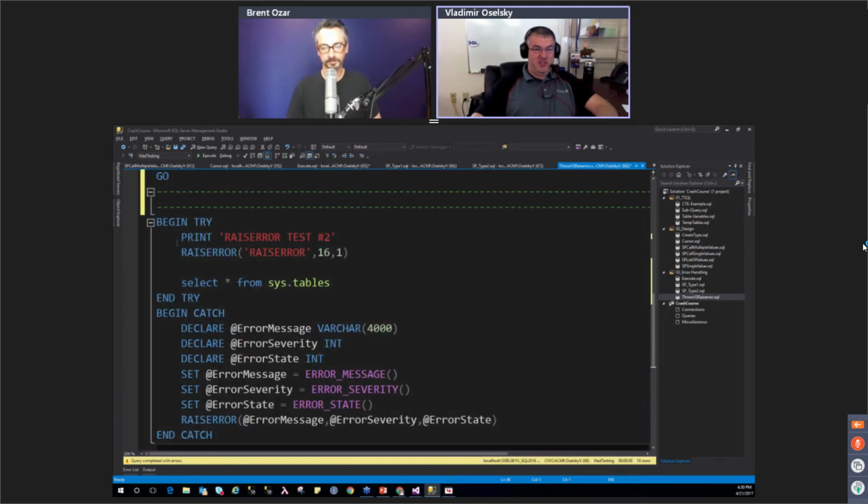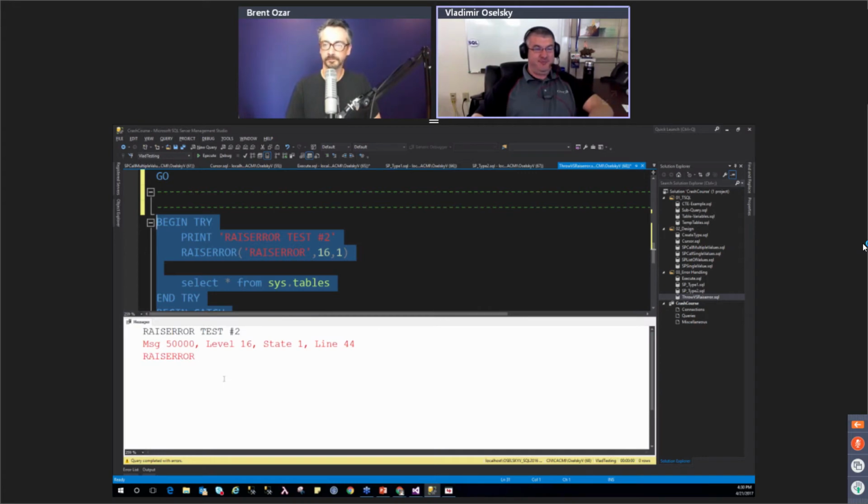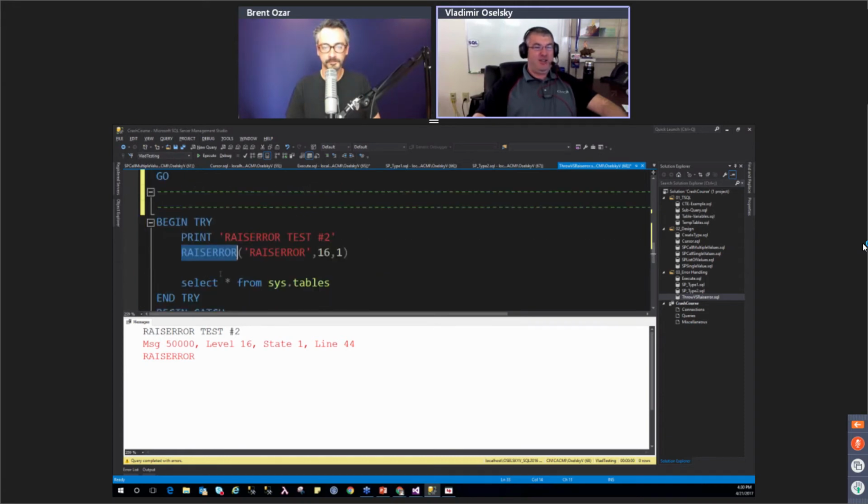We're going to use the same RAISERROR, same select from statement, but we're going to wrap it in a try catch block. All of a sudden, that select statement is no longer being executed, because RAISERROR will act differently when it's inside a try catch block than it will outside of it.